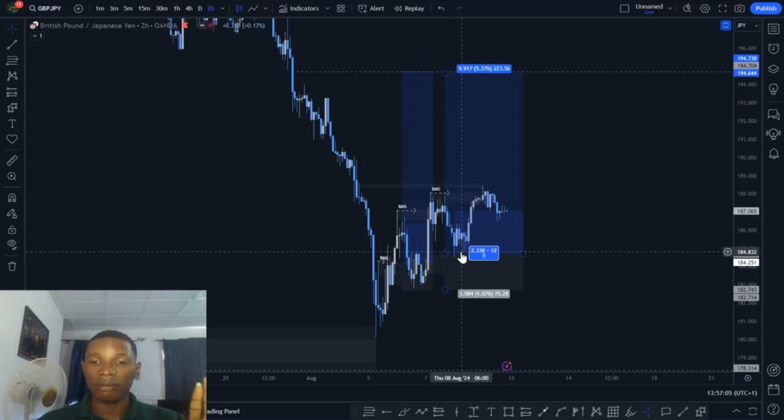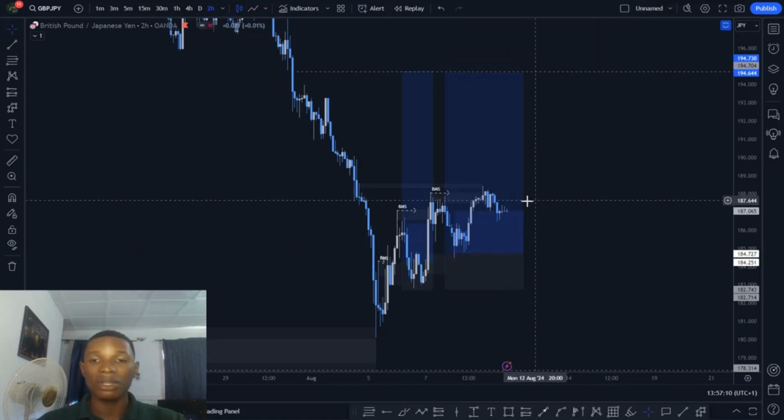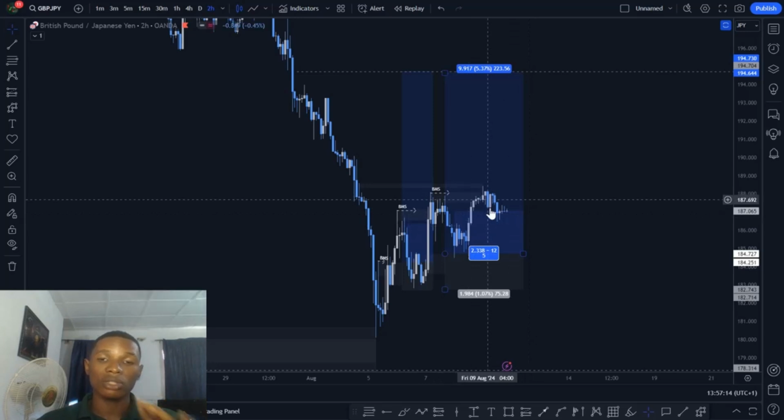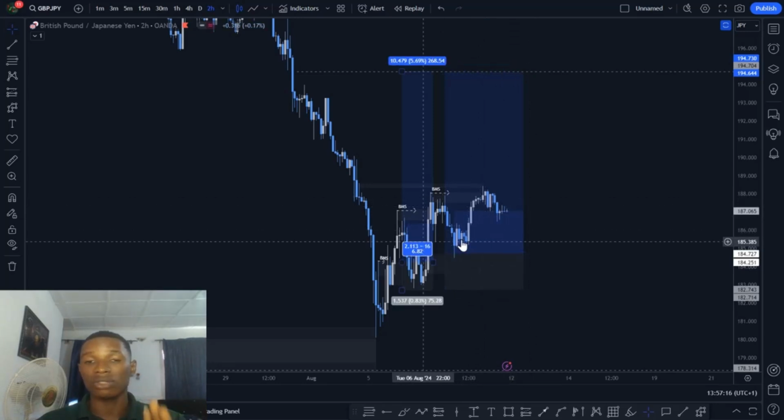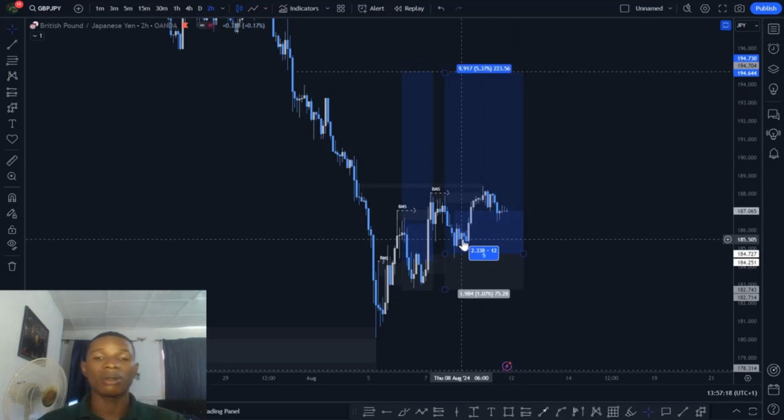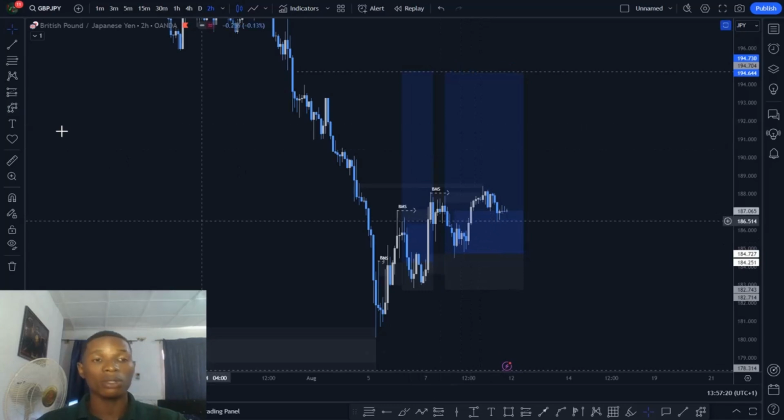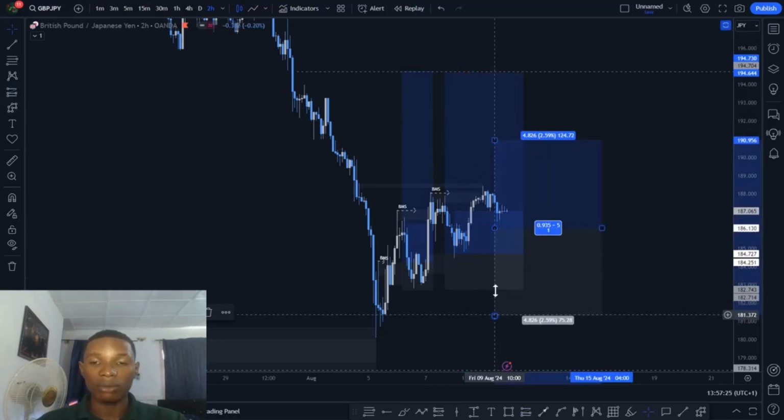And also we have the second entry right here. I also called it to the team, guys. So now the market is presenting the third entry, right? But trust me, guys, I'm not participating on this third entry. The first entry and the second entry is enough for me. But if you want to participate on it, you can go on and set your limits off from this demand level right here,